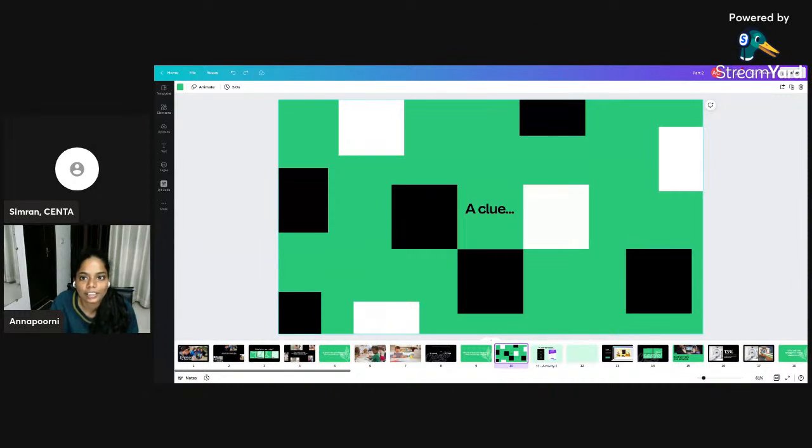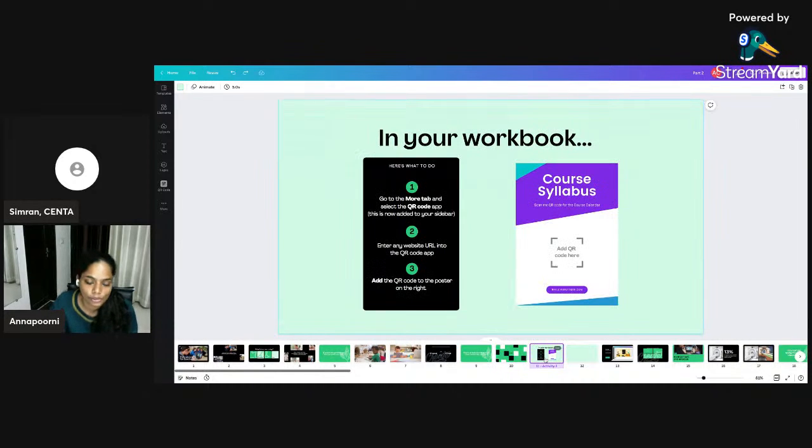Okay, so a QR code is a very simple way of creating an activity and using it on your QR code and giving it to your students to make it accessible. For example, this is also something that I had as an assignment. But suppose I want to use the stream that's going on right now and I want to create a QR code of it.